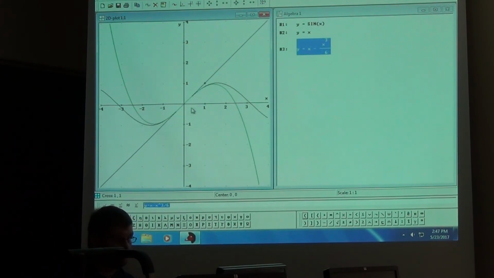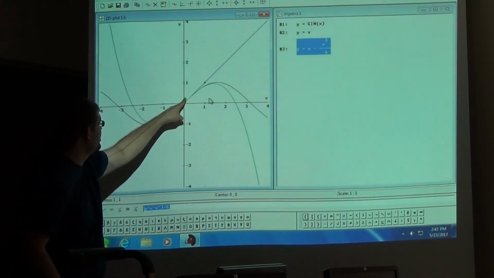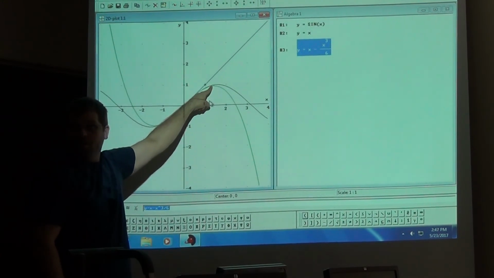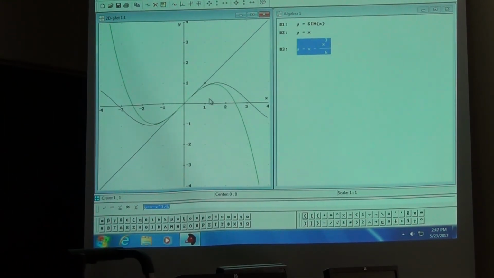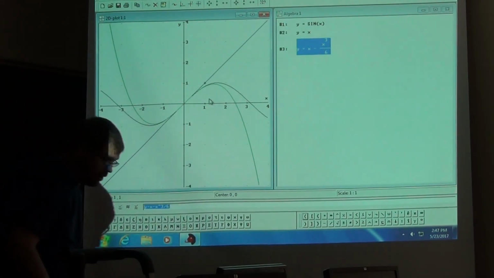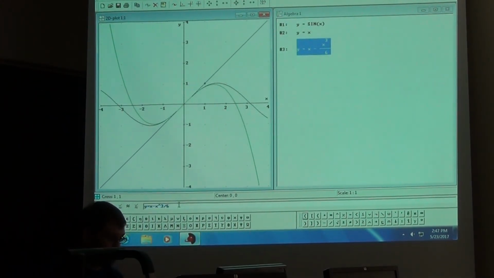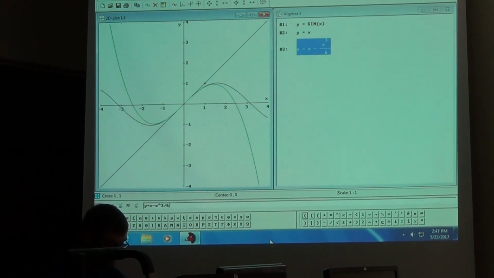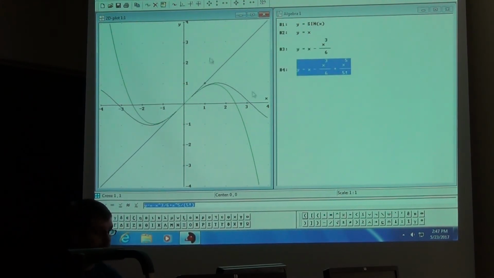And now that one stays pretty close looking until you get way over here. And then maybe look at the 5th degree polynomial, that might do an even better job of approximating your curve. So put that in: plus x to the 5th divided by 5 factorial. All right, and now you can see that does a great job all the way to the top of that next hump. And then minus x to the 7th